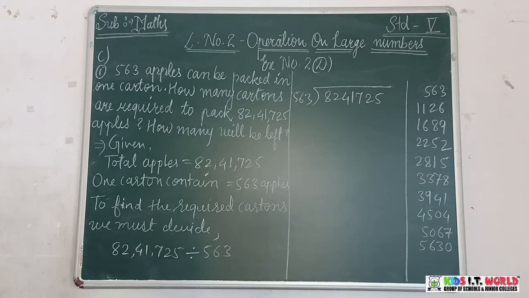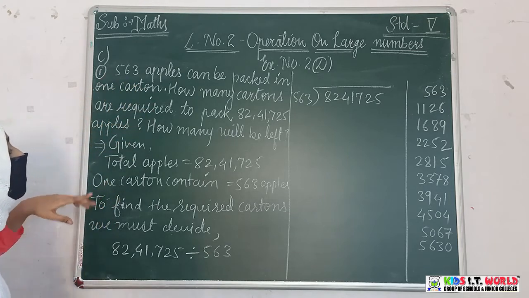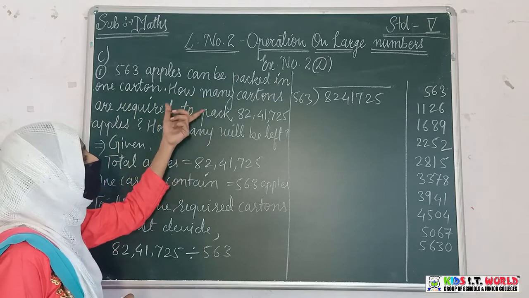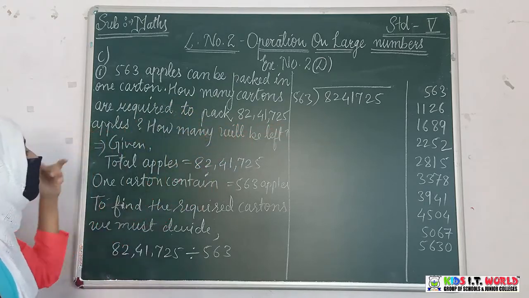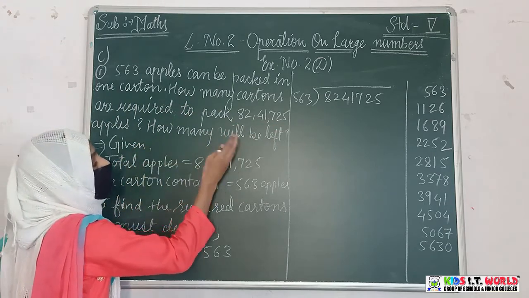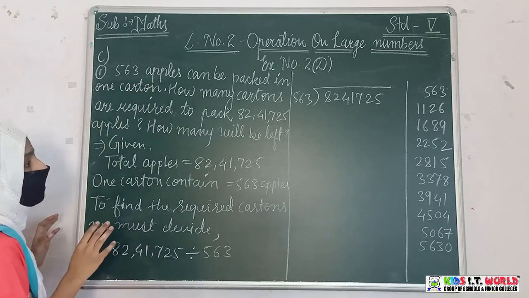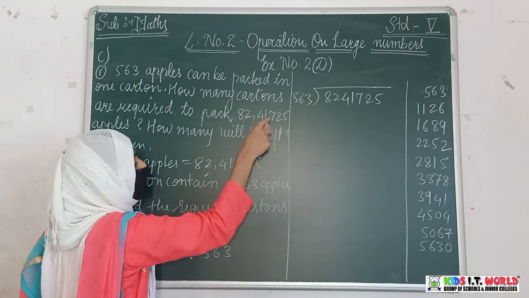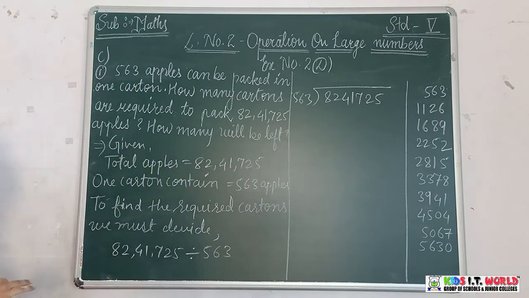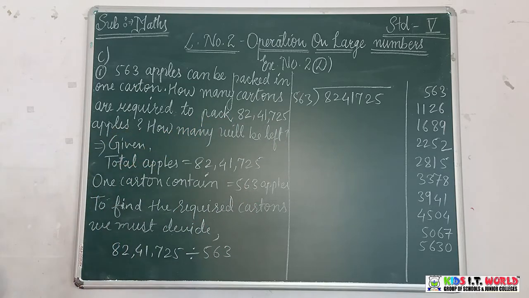In the question, they told you that 563 apples can be packed in one carton. So how many cartons will be required to pack 82,41,725 apples, and how many will be left? It means you have to pack 563 apples equally in every carton, and if you have to pack 82,41,725 apples, how many cartons will be required and how many apples will be left after packing? So for that, how will you find it? You have to do the